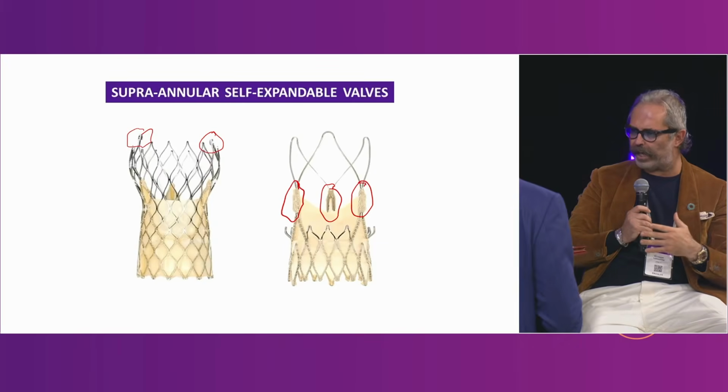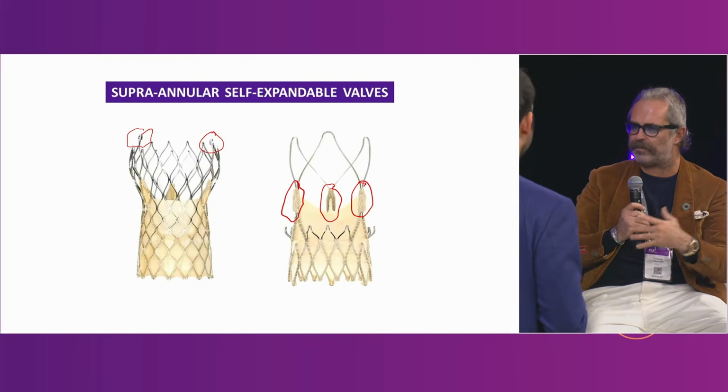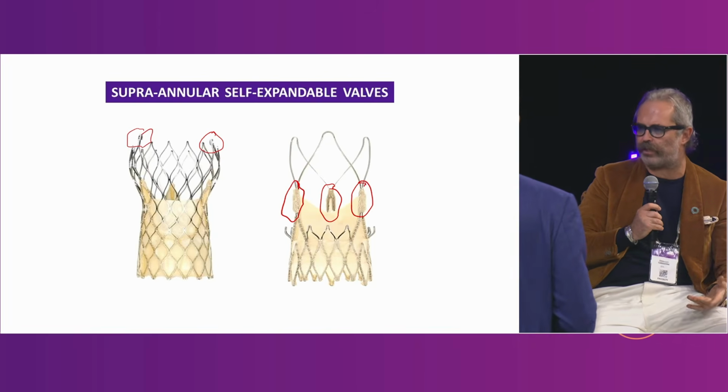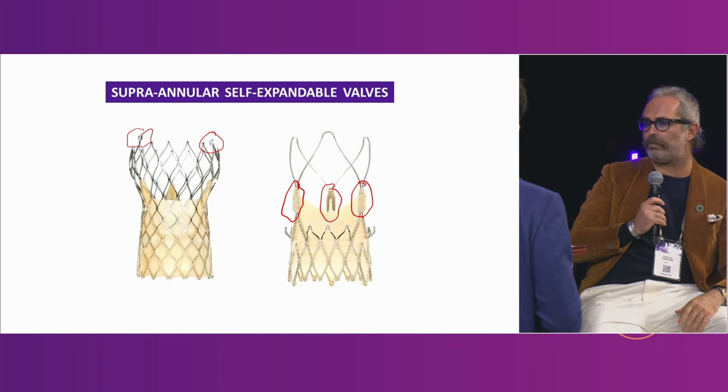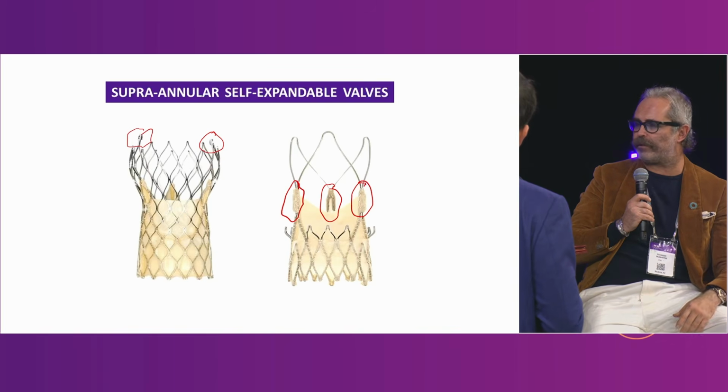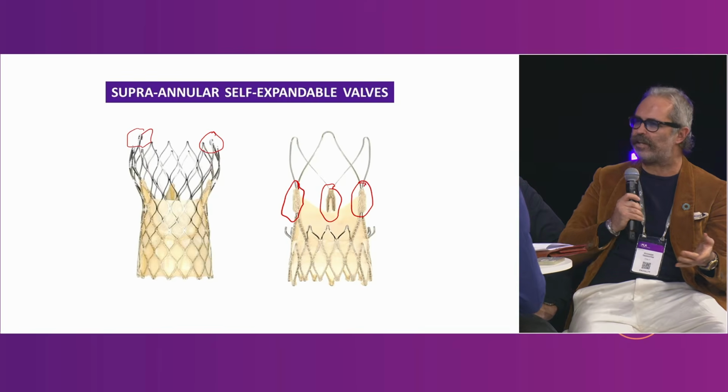So for me, the default strategy is to orientate, and for sure, not all the self-expandable valves are the same. There are some, like the Accurate Neo in this case, that are easily orientable. There are others that do not have marker beads. It's a little bit more difficult and tricky. You need to go with close-up, what are the things to orientate. But for me, it's very important because this is mainly grounded in surgical science. They don't have any valve that is not oriented. So I don't understand why we should go for a non-oriented valve.